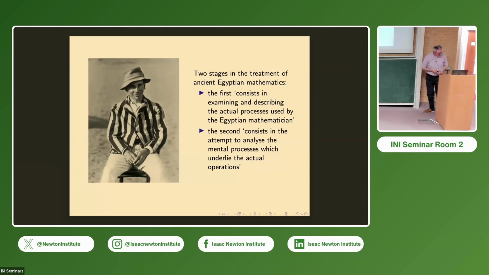And that's what matters. And then just to conclude, of course, it's only in the 1990s when you have people like Annette Imhausen and Jim Ritter who are starting to look at ancient Egyptian mathematics again in this more contextualized way. But what I find quite nice to see when you read that work is they're saying things that basically Peet was saying in the 1920s, but nobody was really listening to him at that time. That's a slightly more somber note than I was intending to finish with, but I will stop there.